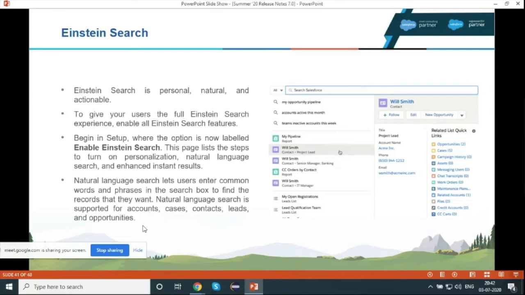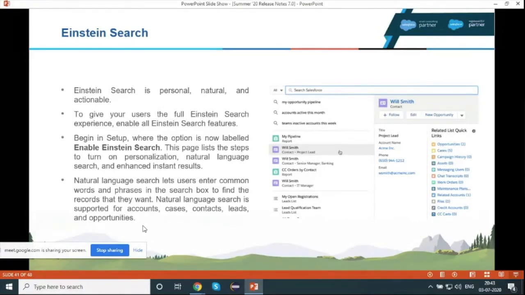Personal means you can simply search anything and it will give you the result on the basis of your personal specification. So suppose you live in Delhi, and you search lead, it will give you all the leads which belong to Delhi. NLP, it supports natural language processing. That means you do not need to write the exact word.